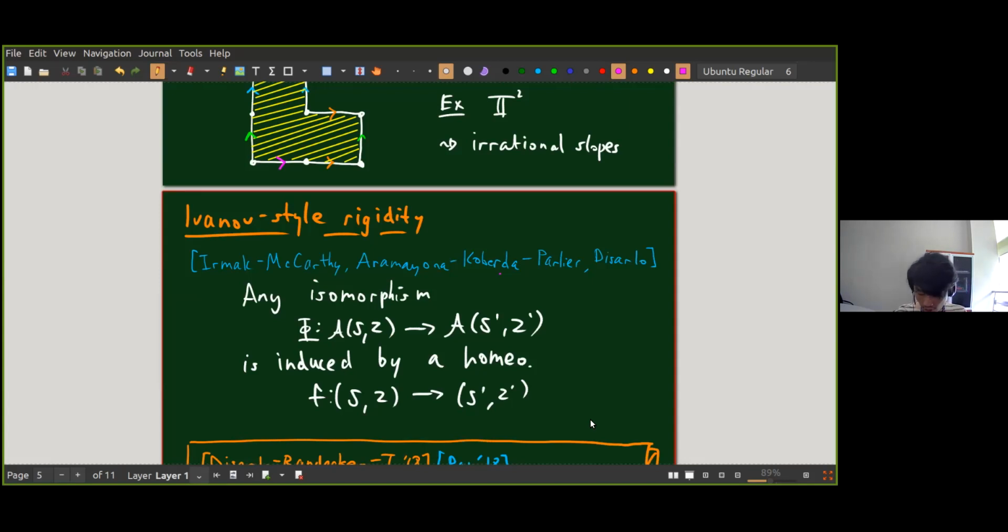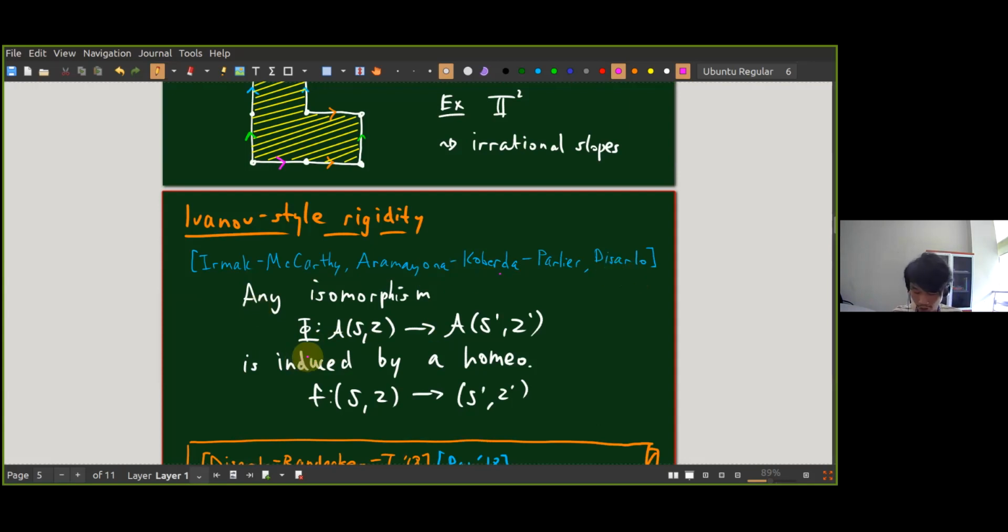So next, I want to go back to this talk about this sort of theorem of Ivanov. There are a lot of complexes related to topological surfaces, such as the arc graph, the flip graph, the marking graph, the pants graph, and so forth, which have this nice property that the mapping class group is isomorphic to the automorphism group. Okay, so specifically for the arc graph,